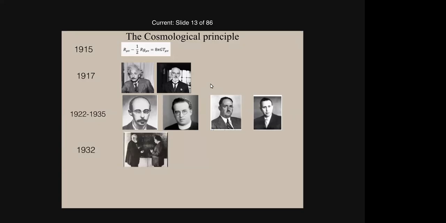Then the story continued. Einstein came back with de Sitter. Now we knew that the universe was expanding, so they produced the Einstein-de Sitter model, in which they had matter but no cosmological constant, because now Hubble had discovered the expansion of the universe in 1929, seven years after Friedmann and Lemaitre. Which is amazing, because Friedmann and Lemaitre actually saw it in the Einstein equation, but Hubble discovered it in 1929, at the beginning of the 30s. And then Einstein and de Sitter came back and said, okay, the universe is expanding, so we don't need a cosmological constant.